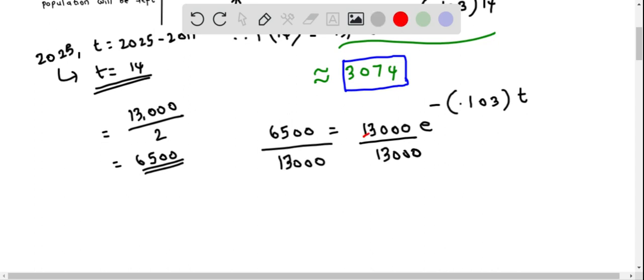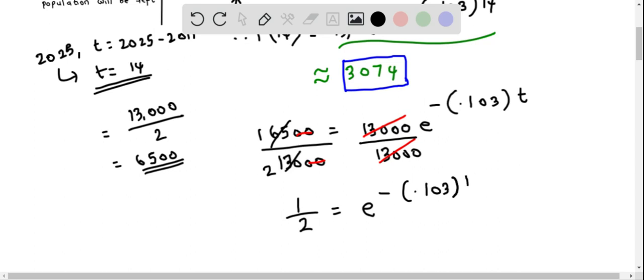So these two 13,000 get cancelled, and I can cancel these two zeros, and this is basically twice of 65. This is 1 times 65, and this is 2 times 65. So we have half on the left side, and this equals e raised to the power of negative of